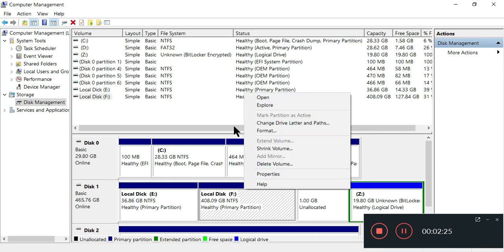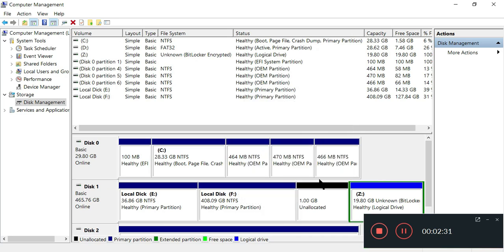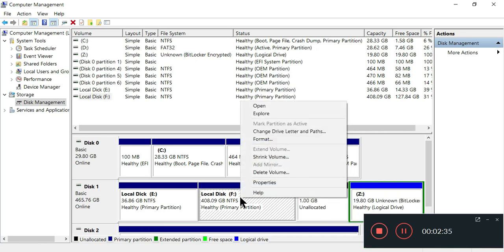In the Windows default Disk Management, we have limited options. You can see that I have 1 GB unallocated, but I cannot extend this volume. I cannot add this 1 GB to this local disk.